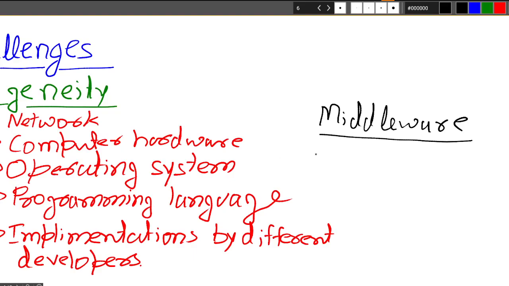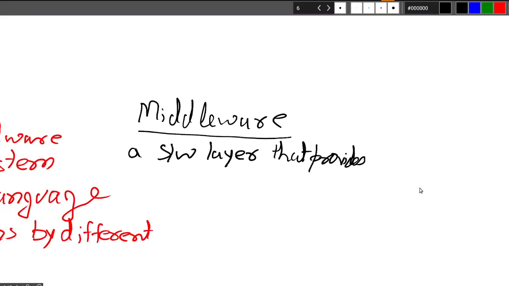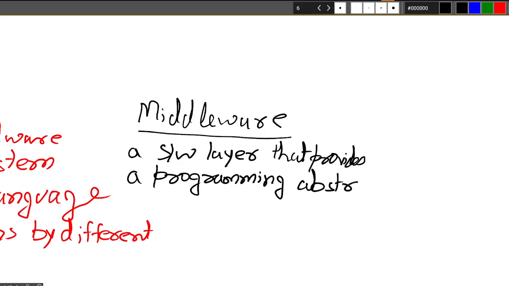So it is a piece of code, or I should say a software layer, which provides a programming abstraction for the underlying heterogeneous environment.